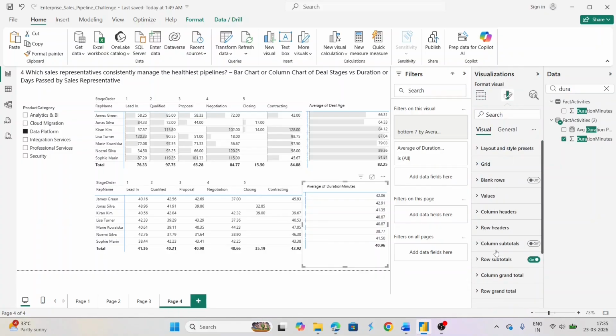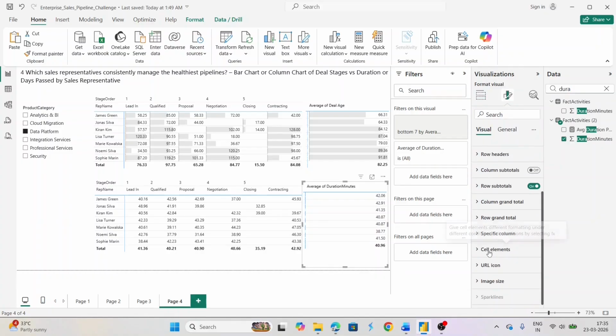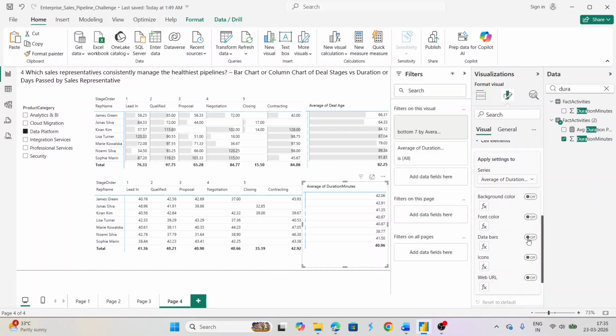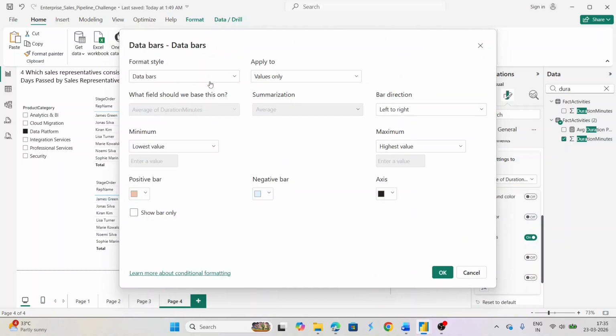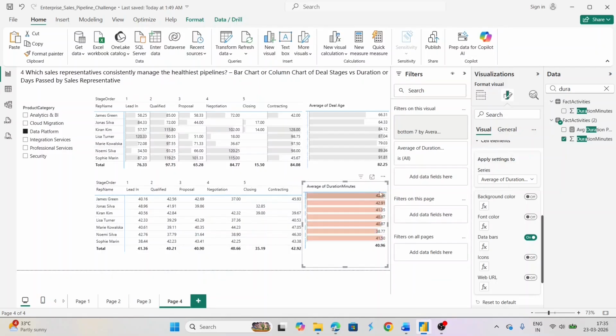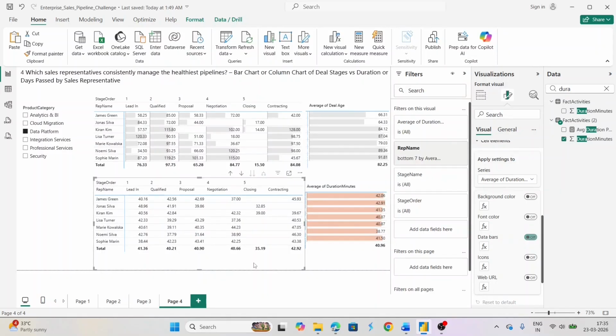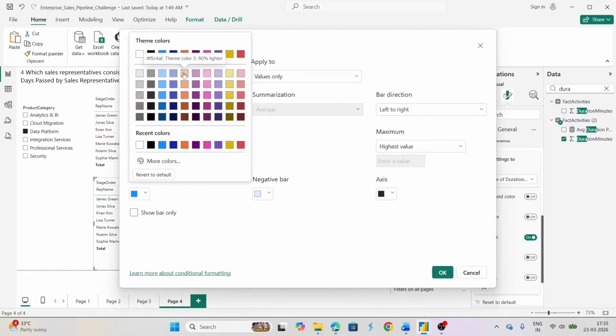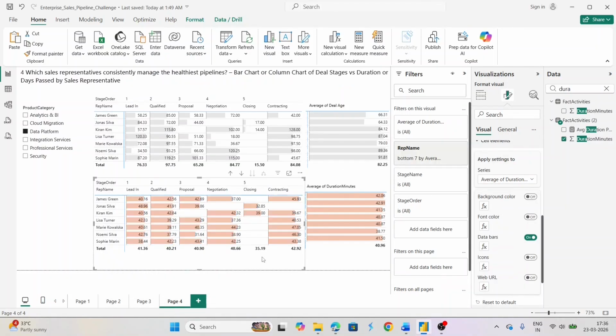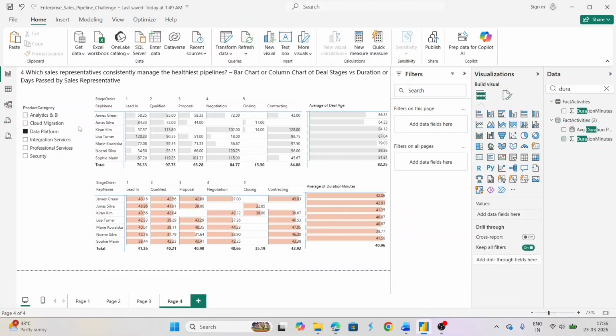I'm going to go for cell elements, data bars, and change the color. It's important that you choose the light color because otherwise you'll not be able to see the number. So when you choose the light color, you'll be able to see the number. So, positive and negative. Okay. So now I've got the days and the